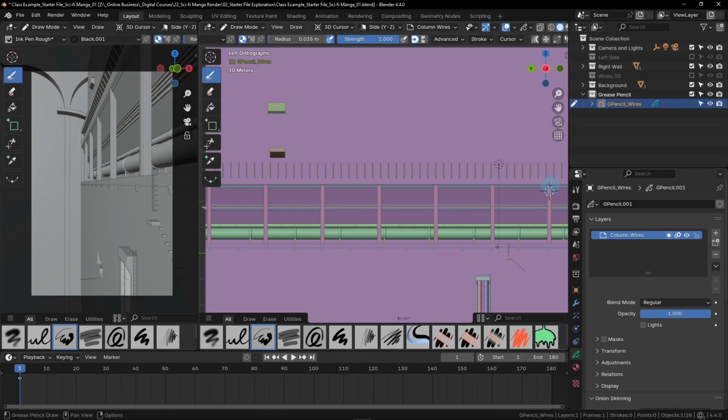So rather than having every one of your wires start at the very top and then end at the very top on the other side, maybe have one start at the top and then meet somewhere down here, and then the next one can go higher and then the next one can go lower, just to give it a bit more variation. I'll be speeding up the video slightly as I draw my lines throughout the rest of this lesson,